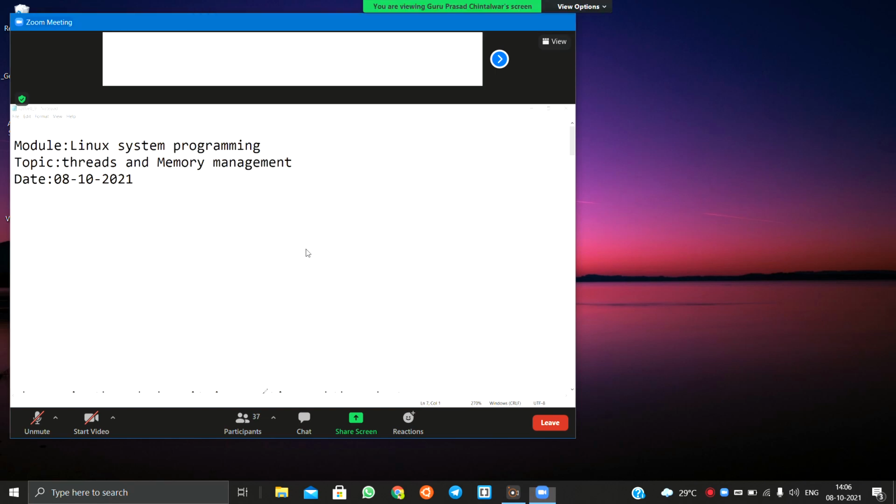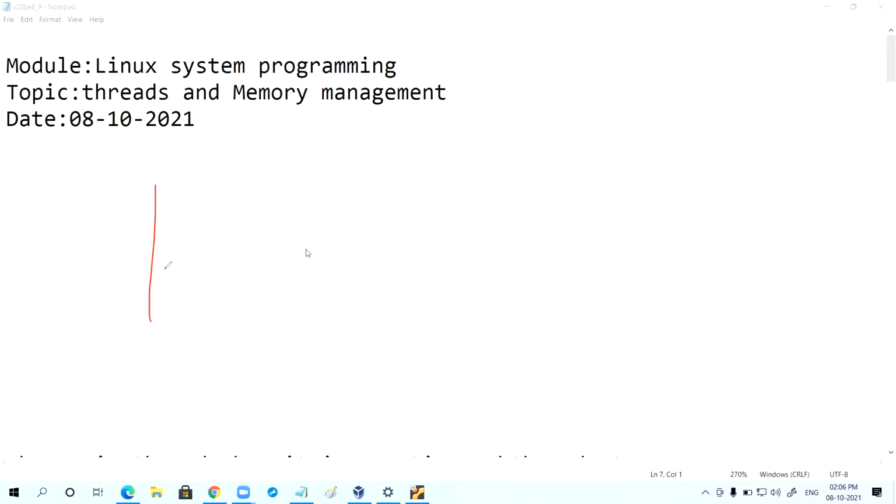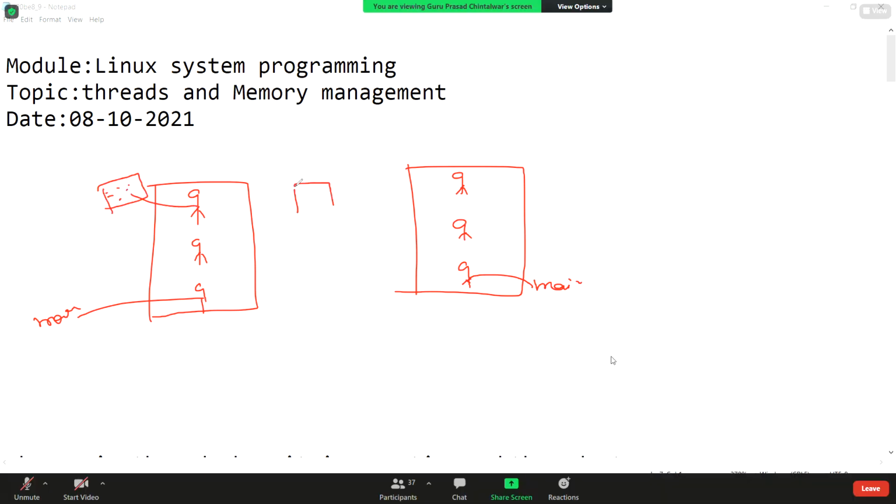And one more thing, in the last session we achieved something called full duplex communication between the two processes. This is one thread, this is another thread, and this is the main thread. This thread's job is to scan the data from the keyboard and put it into the F1 FIFO.